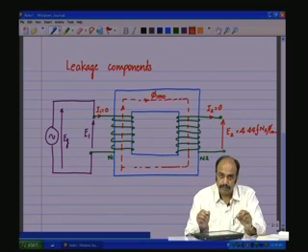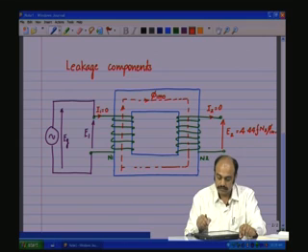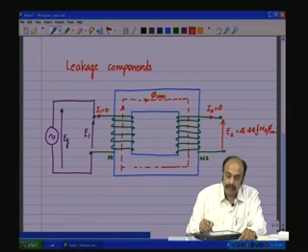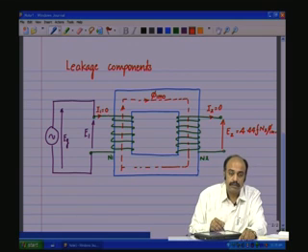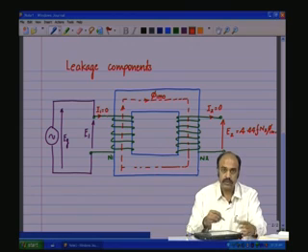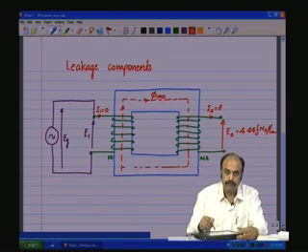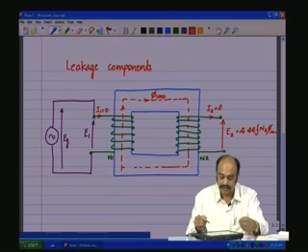Now, on the application of the secondary load, a whole lot of things change. The moment we apply the secondary load, there is going to be a secondary current I2, there is going to be a primary current I1 which is not 0, and these will induce a complex set of fluxes which interact with each other,